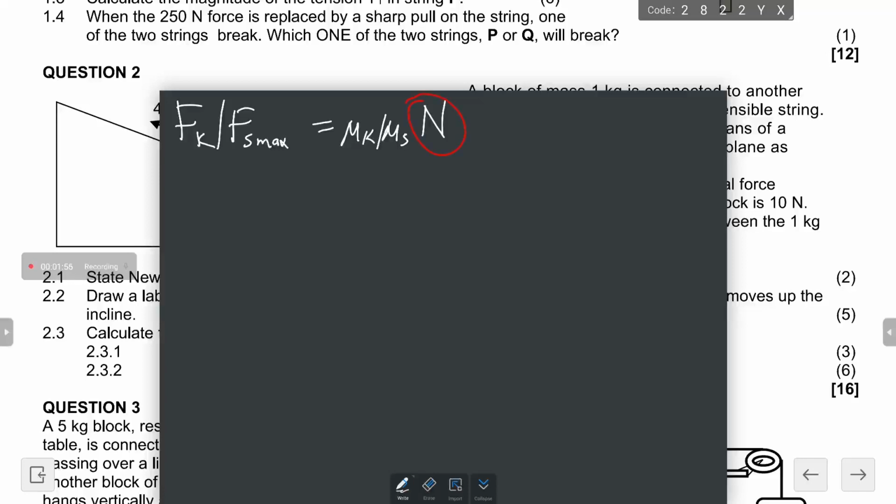We know the coefficient of static or kinetic friction describes the roughness of the surface, but the normal force takes different forms based on how the object is actually arranged on the plane. It's either on an inclined plane or a horizontal plane. So the calculation obviously will vary based on that information. Now, moving on from there,